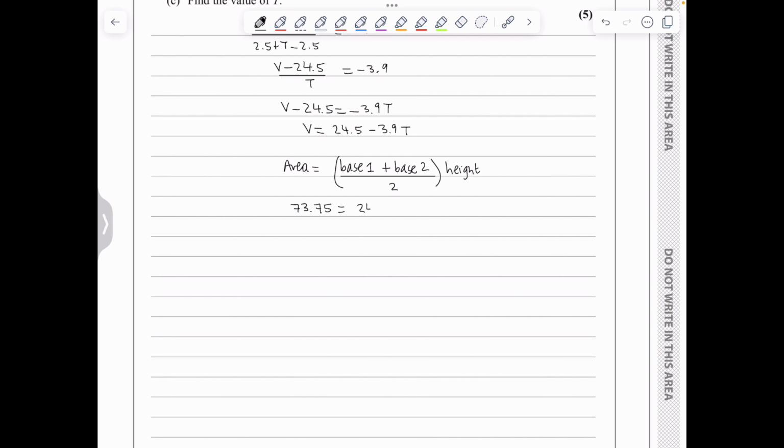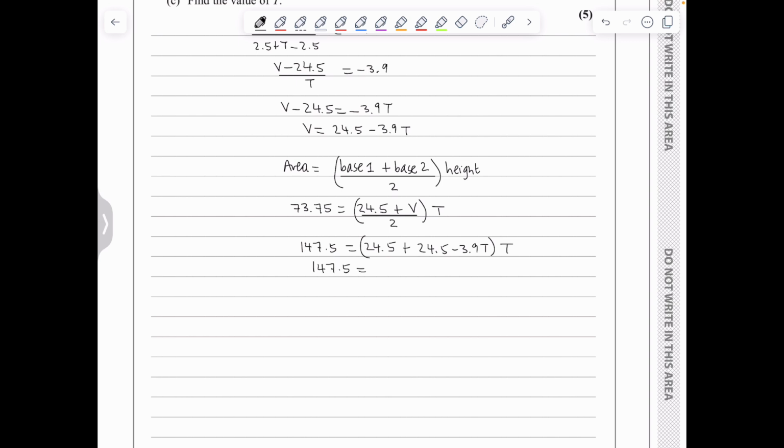Base 1 is 24.5, base 2 is capital V, over 2 times the height of the trapezium, which is capital T. So we get 147.5. I cross multiplied: I multiplied the 73.75 with the 2, which is equal to 24.5, and I will be replacing the V with (24.5 minus 3.9T) times T. So we get that